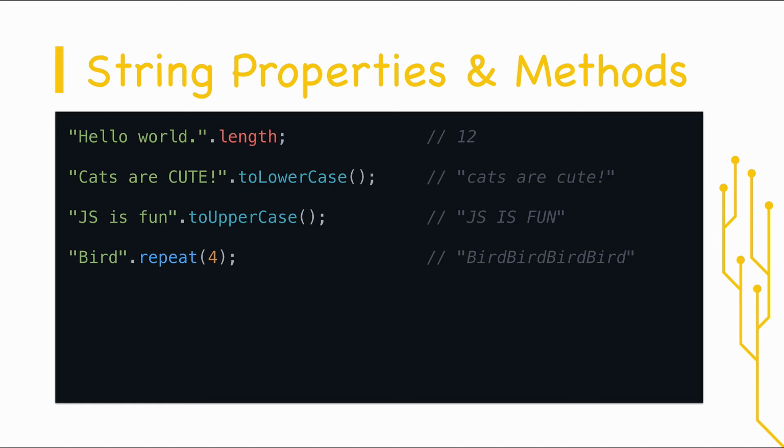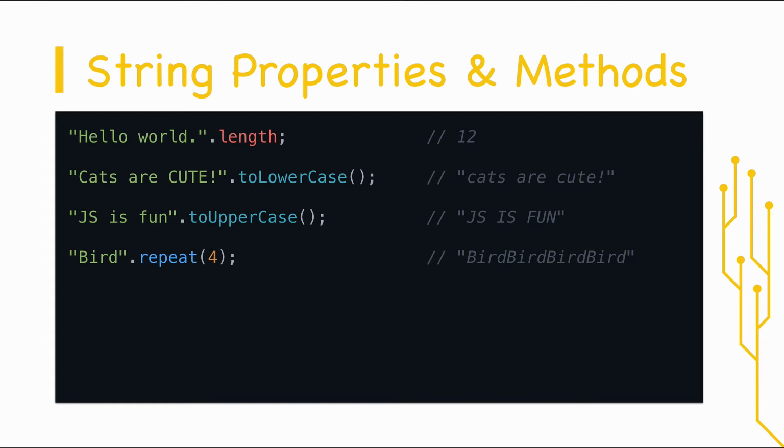Another cool method that is available to strings is the repeat method. The repeat method can be used to repeat a string over and over again. So in this case, we have a string that says bird. So we basically have bird enclosed in a pair of quotation marks. And then we execute the repeat method on the string. So we put in a dot and then repeat. And now this time, instead of putting in just a pair of parentheses, we actually have a number inside this